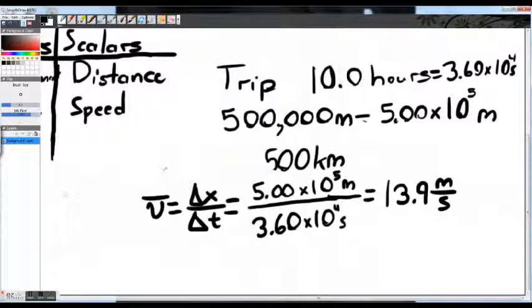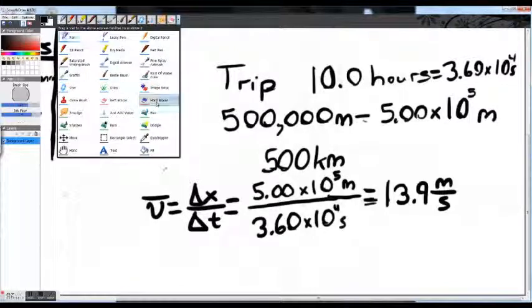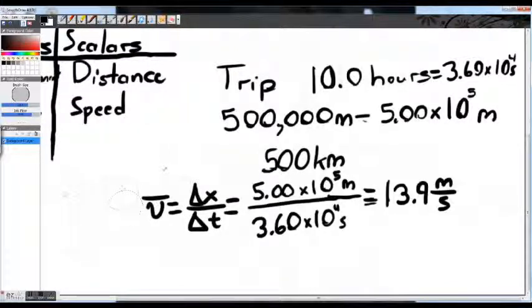Again, this is an average. The person did not travel at a constant 13.9 meters a second. They had probably stopped, went to a gas station. I don't know what they did. Whatever. They slowed down. They stopped at stoplights, maybe. But it's just going to be an average for that interval. And so that means that there's going to be changing velocity, and that's the next thing we're going to talk about. A change in velocity with respect to time